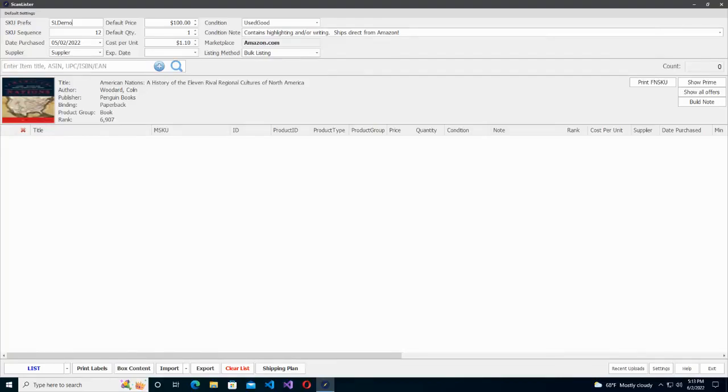We're going to look at listing using ScanLister in scan and label mode to send your products to FBA. Now, what we found is that this is the most reliable, quickest way to list your products using ScanLister. There's a lot of different workflows you can use, but this is the one we currently recommend if you're sending